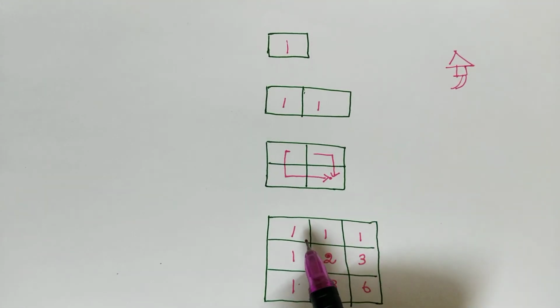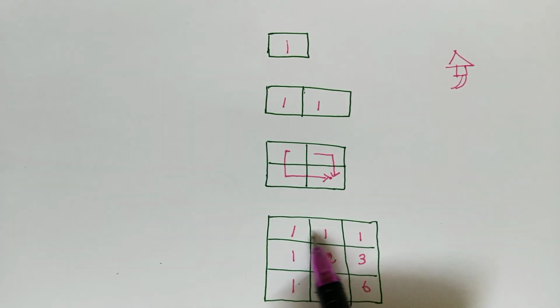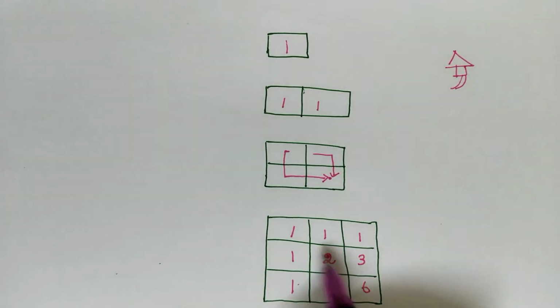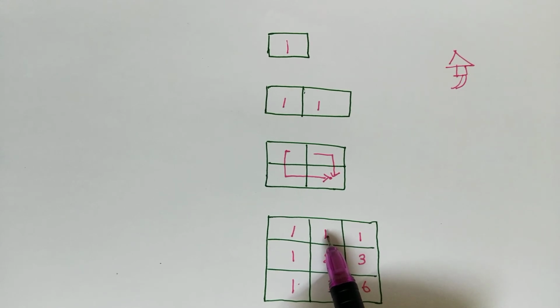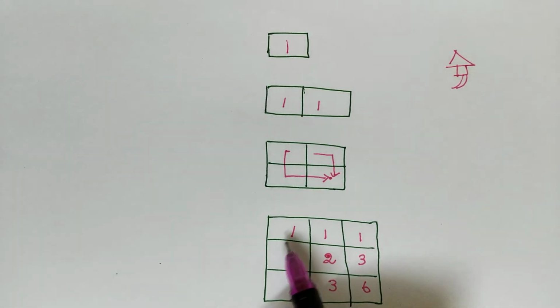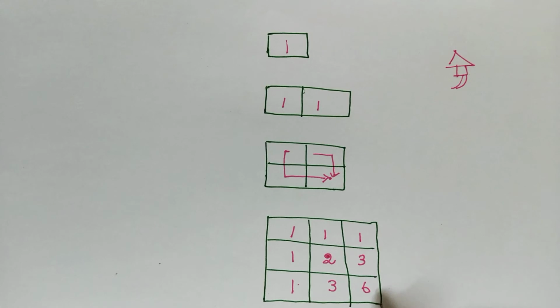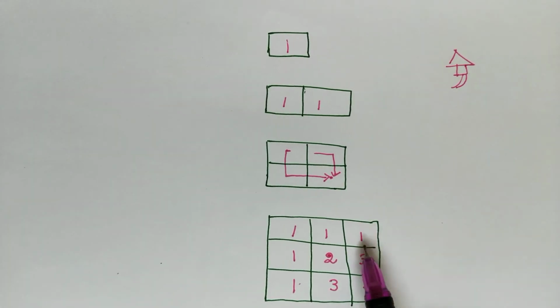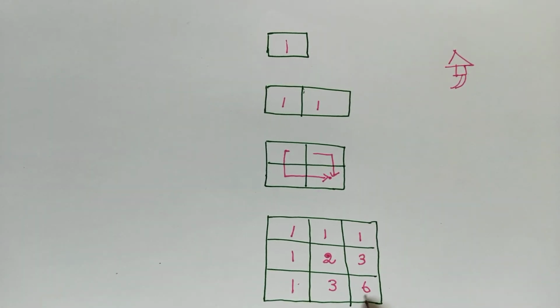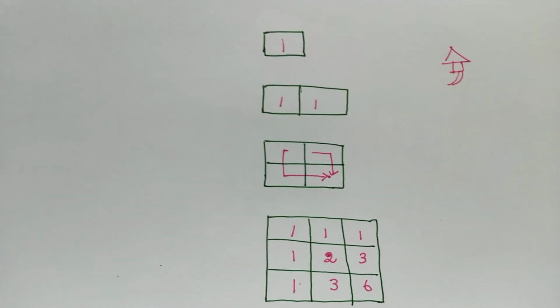If you have doubts, then you can start traversing the grid. From here you can take the fully right direction and travel the grid. Or from here, without taking the right direction, you can come down, come right and come down again. Similarly, you can start from here, traverse the grid and verify whether this 6 is correct or not. So we are remembering the previous results and arriving at the end result. That's why it is called a dynamic programming problem. Let's see the code for this problem.